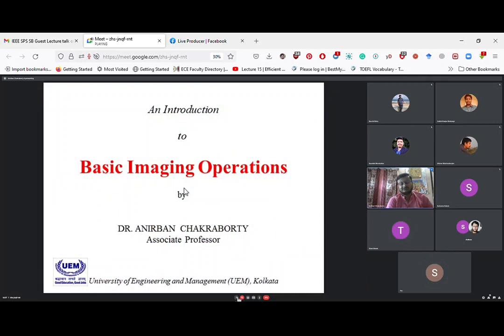So today's topic is hardware realization of basic image processing operations and its challenges. Before going to the hardware realization, the necessity of hardware realization, or the challenges people face while realizing any image processing operation in hardware, I would like to present some basic imaging operations, meaning what kind of imaging operations there are.